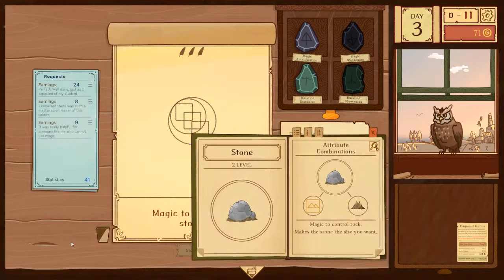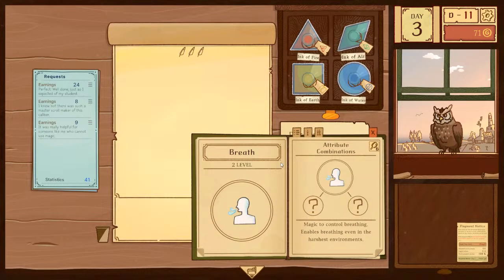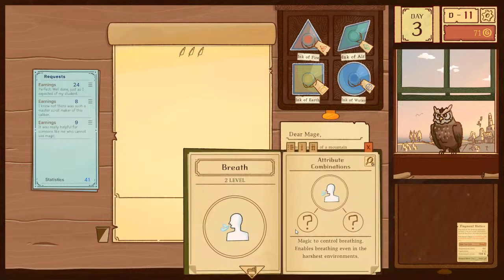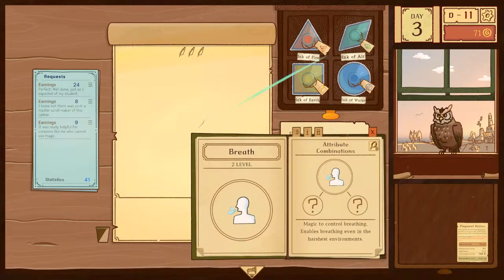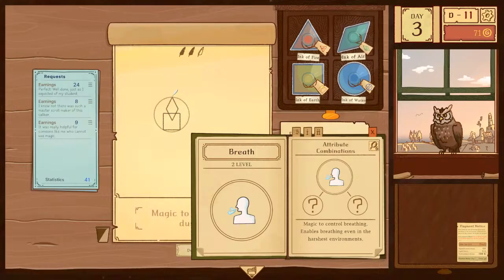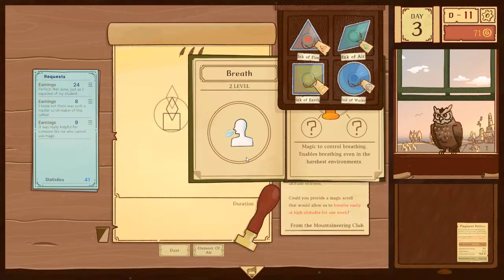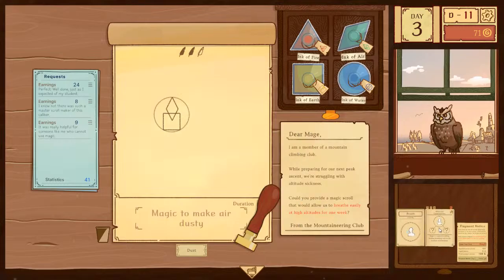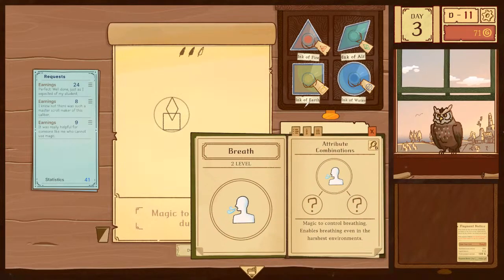I really like stone. Looks very nice. Breath. Let's see, breathing. It's obviously gonna need some air. I'm thinking dust and then more air. Nope. It's gonna be dust. I think it might use growth.